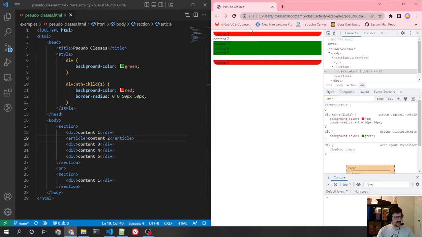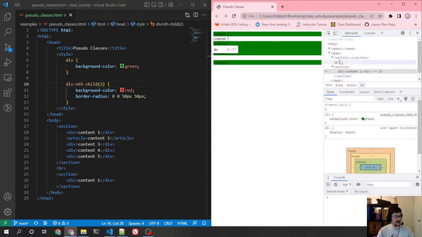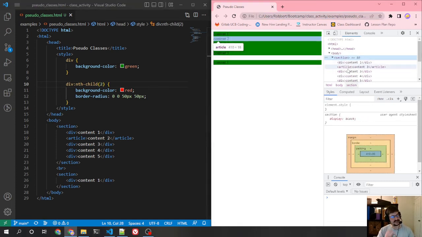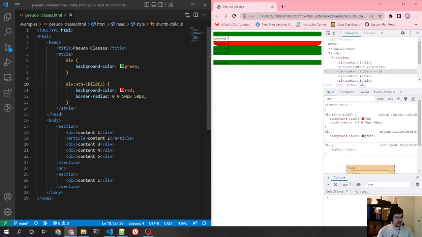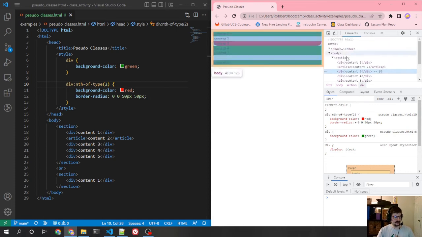See? One little change. It's going to be this one, and if I do nth child 2, it's just not going to show up at all for that first section because the second child is not a div. The next child that's a div is actually the third one. However, if I do nth of type,